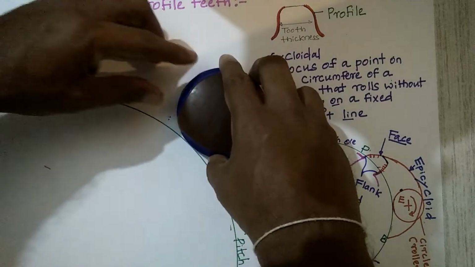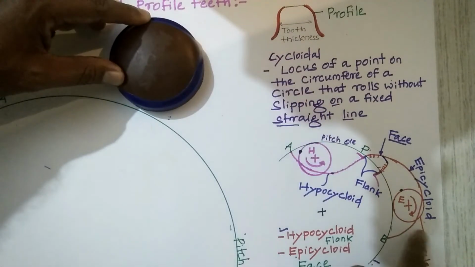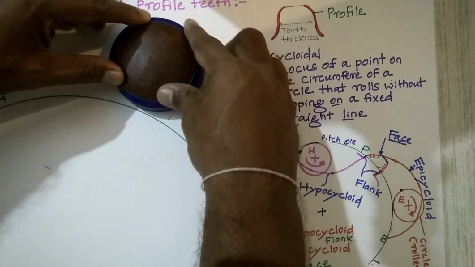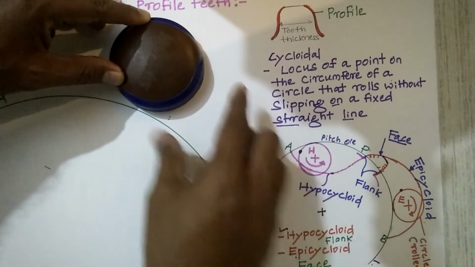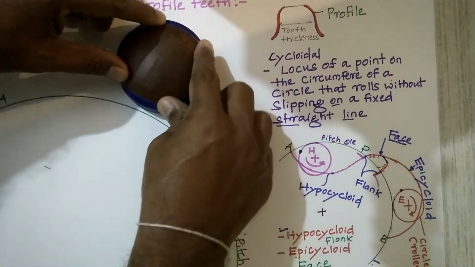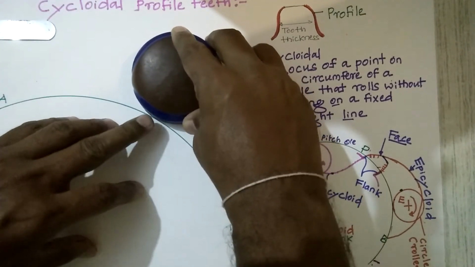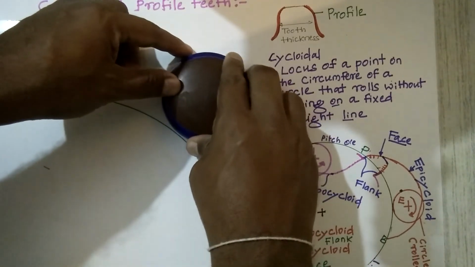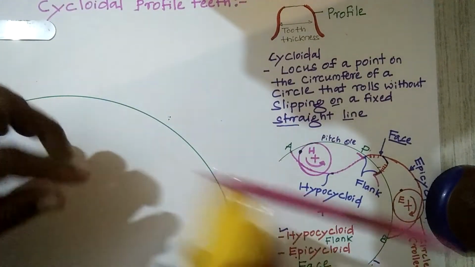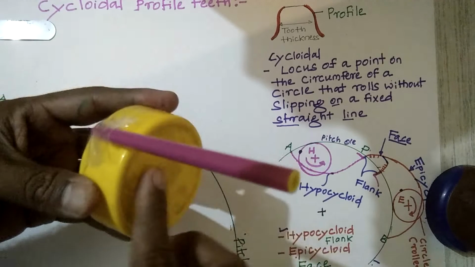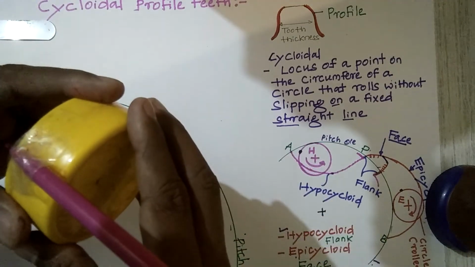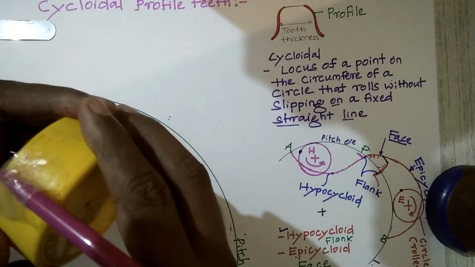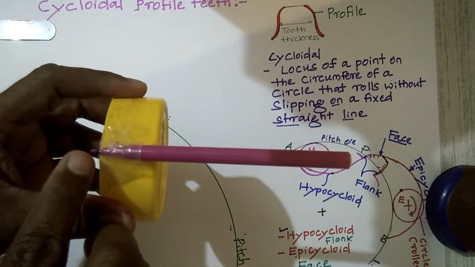Okay. One more circle. That is the outside circle. E is one circle. H is the one circle I have taken. The E circle also rotates. You have to rotate on the pitch circle only. Okay. Then I have taken the same thing. Look at this one. Just imagine this is one circle roller. I have taken this as a point.